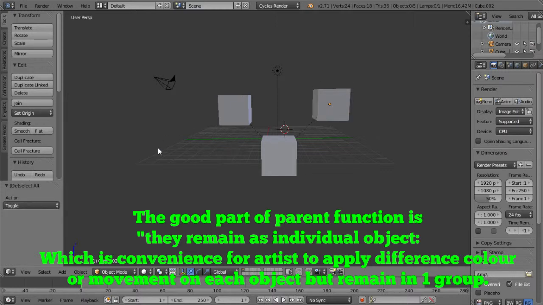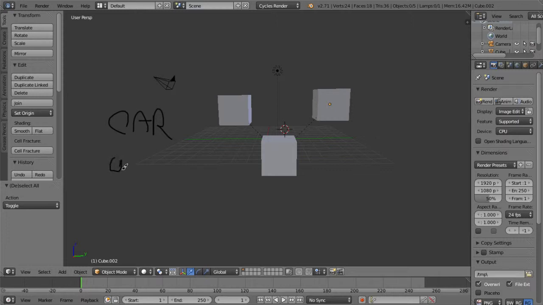For instance, if you try to create a car, sometimes you divide the car into many separate parts, maybe the windows, the car door, the back seat, but you don't really want them to actually be separate, so you may use the structure of the car as the parent, and then you put all the other